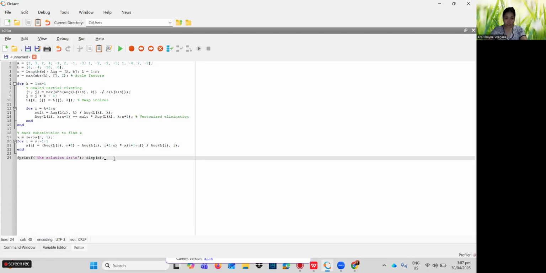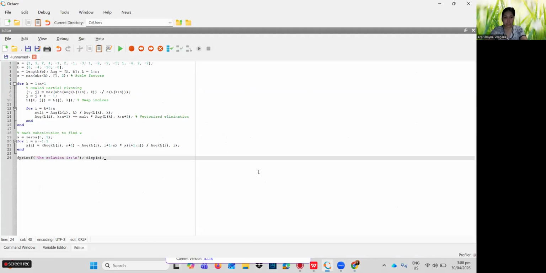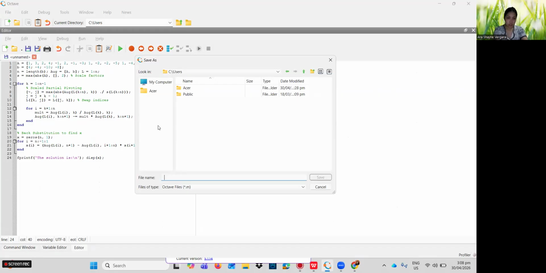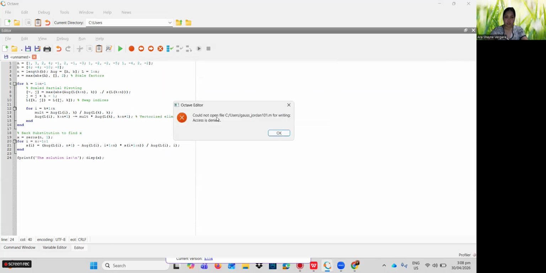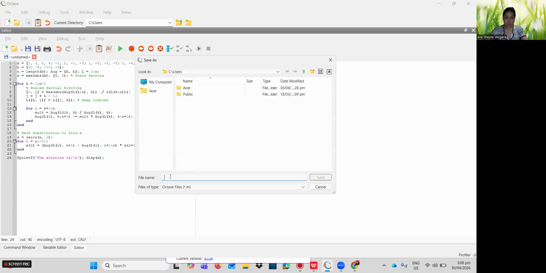We will be running this code, and we should get a similar answer. So let's see. So run and then save. So here's the button.